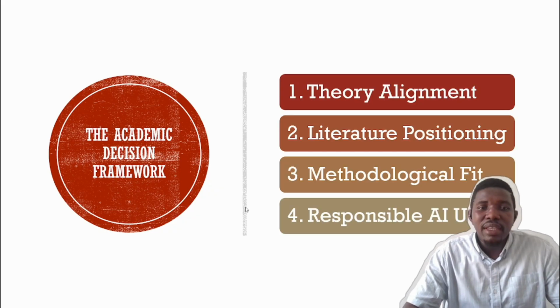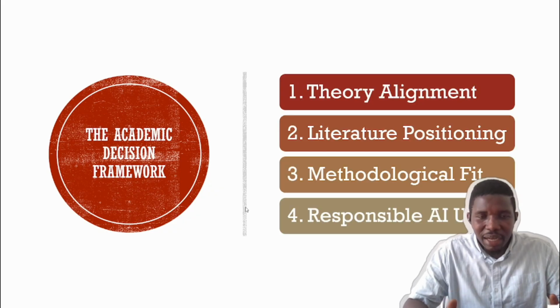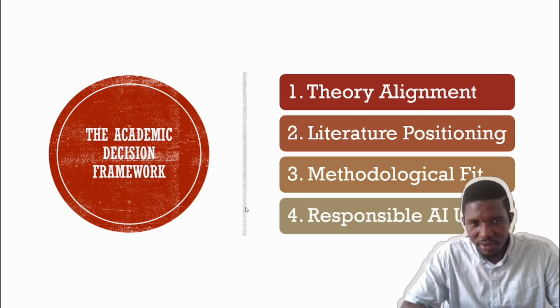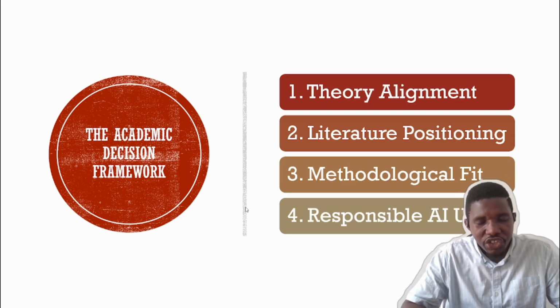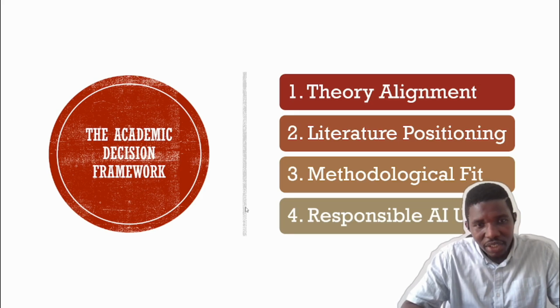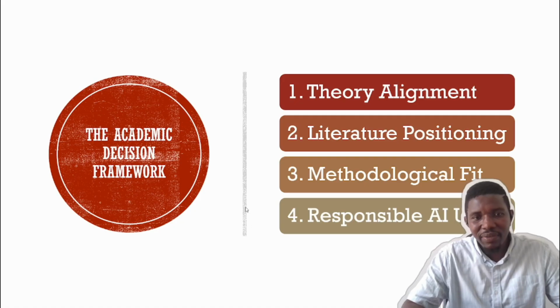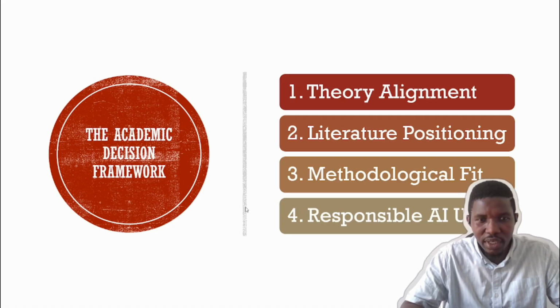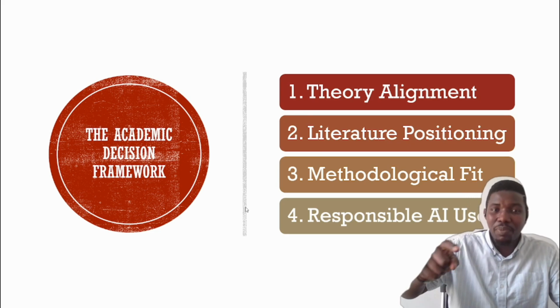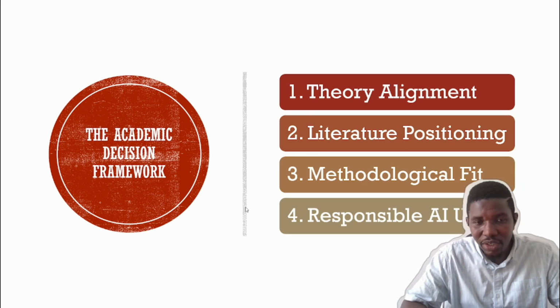So one is this. Think about whether the theory you want to select aligns with your research. Two is whether the literature is in a position to explain your research findings. For example, your theory is meant to give life and reasoning because you're going to test the theory in the course of the process. That's one thing you're going to do. And the second thing is that it helps you explain your data.